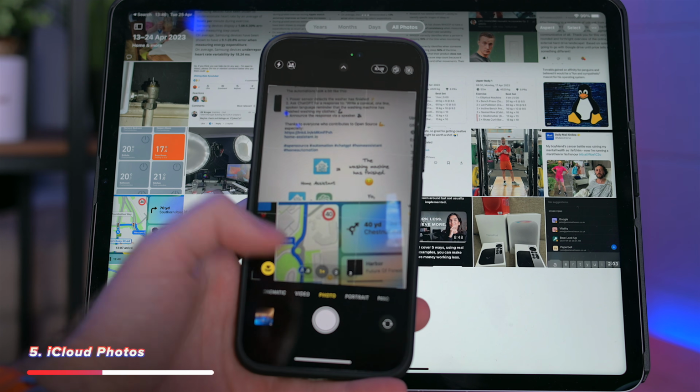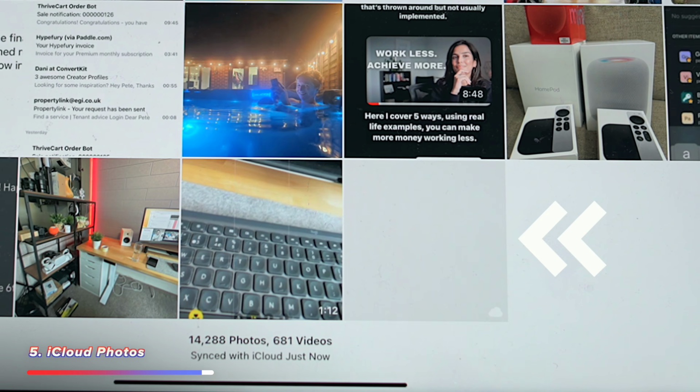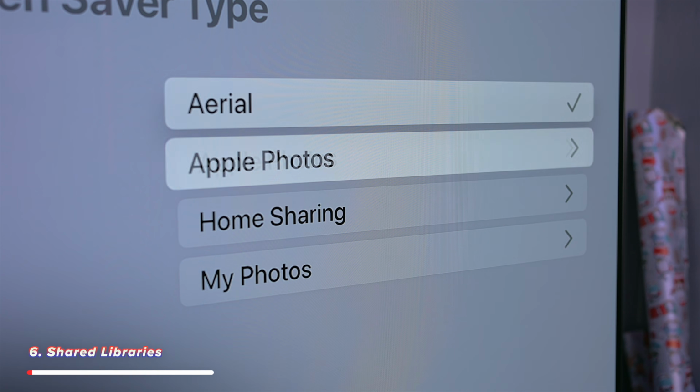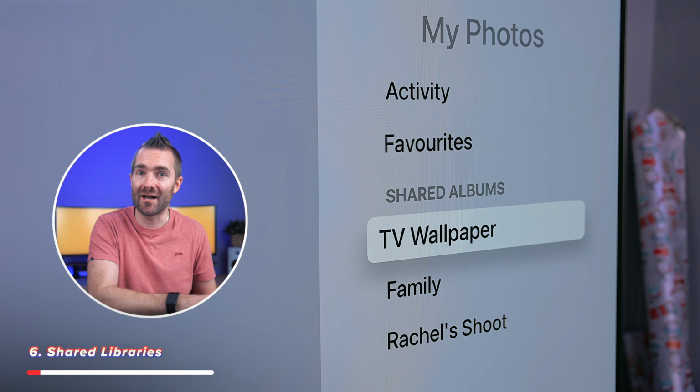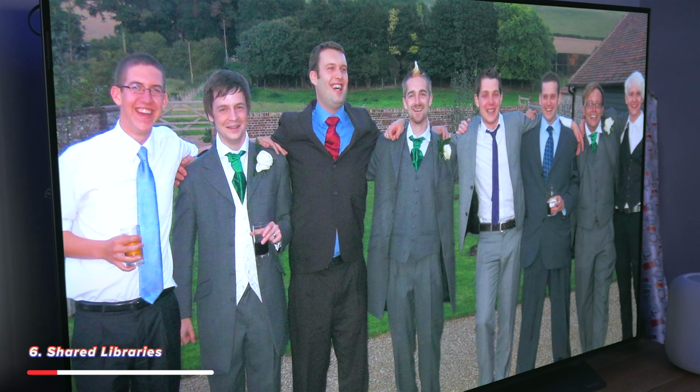Use Apple Photos to store photos, videos, and screenshots across all of your devices. Snap a photo on your iPhone, and it's instantly there on your iPad and on your Mac. Now you can take this a step further by having a screensaver album, and when you add photos to this album, your Mac screensaver or even your Apple TV can flick through these photo memories.